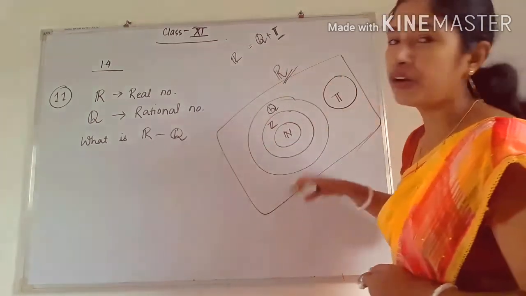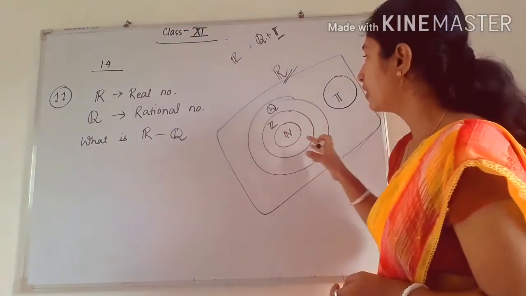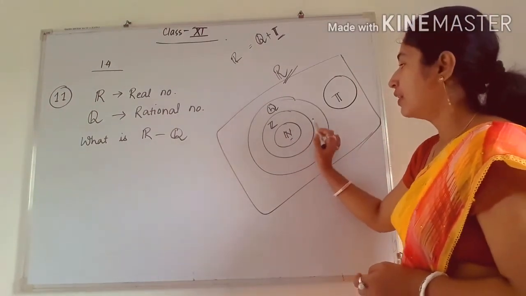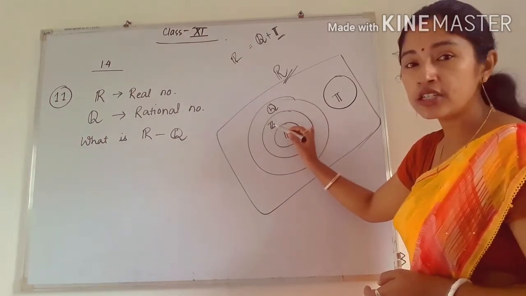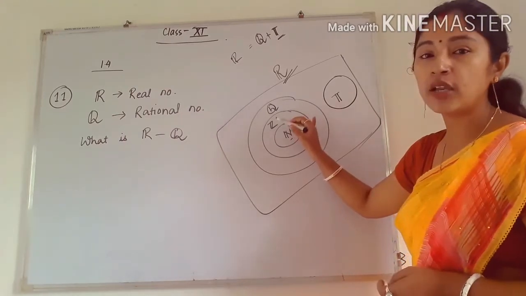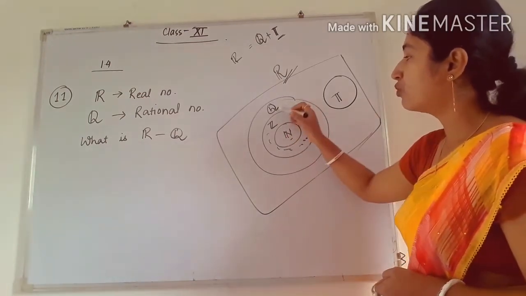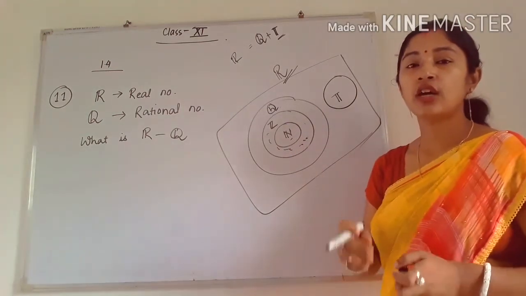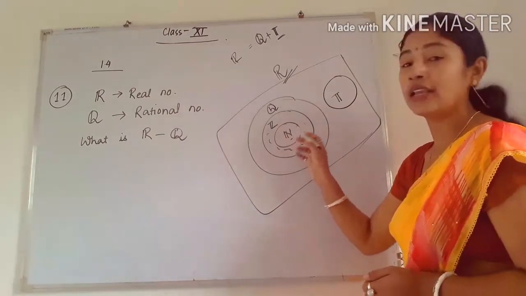Okay, so this is a small pictorial representation. I have drawn it in a picture. See, this is the smallest one, the natural numbers. Then the bigger one is Z. That means integers contain natural numbers also, and integers contain some negative numbers also, so negatives will be present in this portion only. After that, Q is the rational numbers. Rational numbers contain the numbers which are in p by q form, and it also contains Z and N also.